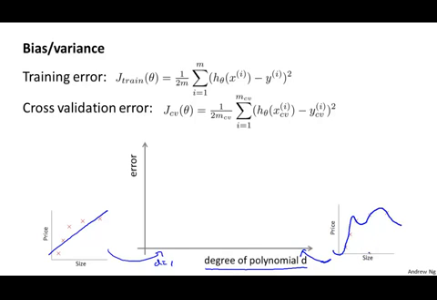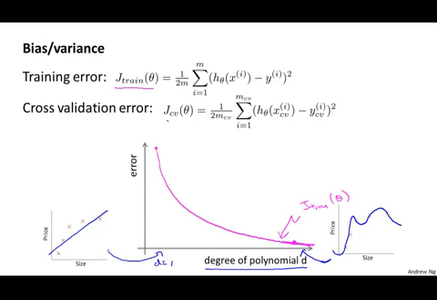Let's look at the training error and the cross-validation error and plot them on this figure. Let's start with the training error. As we increase the degree of the polynomial, we're going to be able to fit our training set better and better. And so if d equals 1, we're going to have a relatively high training error. If we have a very high degree polynomial, our training error is going to be really low, maybe even 0, because we'll fit the training set really well. And so as we increase the degree of polynomial, we find typically that the training error decreases. So I'm going to write J subscript train of theta there,